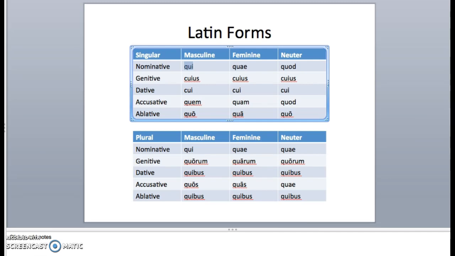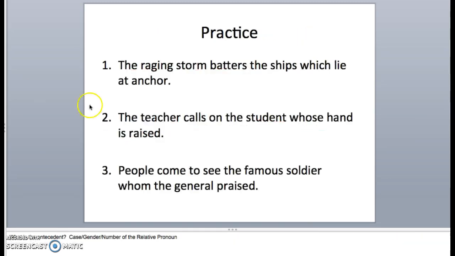All right. I would now encourage you to use these sentences to follow the same process to get familiar with how the case, gender, and number of the relative pronoun is determined in Latin. If you pause the video, you can work on that, and then I'll tell you the answers quickly, and we can talk about them more in class. All right. So I'm going to share the answers now. So number 1,